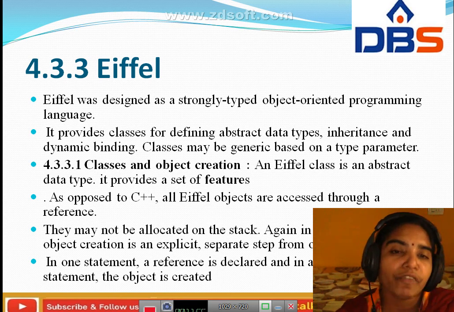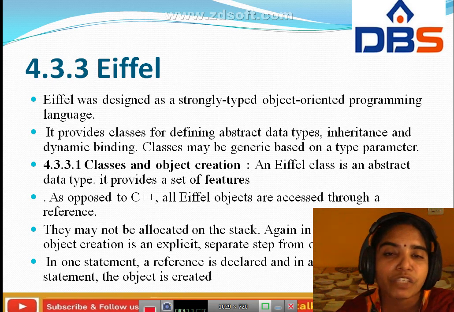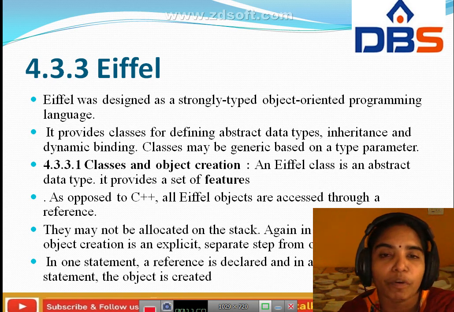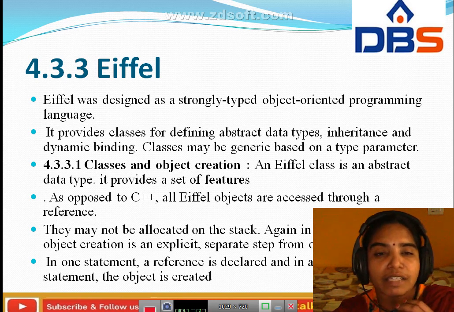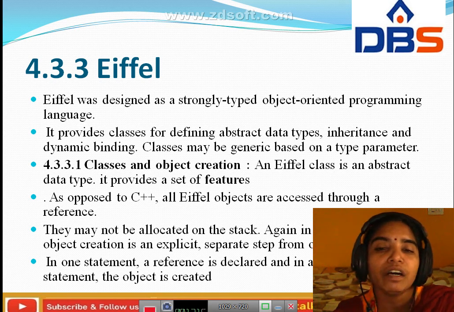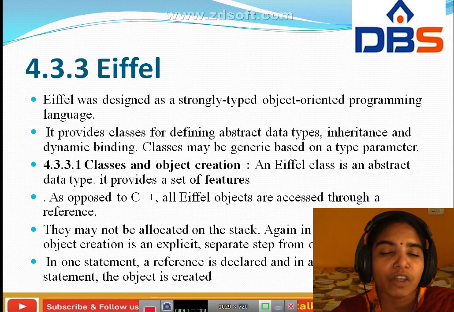Here Eiffel was defined as a strongly typed object-oriented programming language. It provides classes for defining abstract data types, inheritance and dynamic binding. Classes may be generic based on a type parameter. Next, classes and object creation. An Eiffel class is an abstract data type. It provides a set of features.